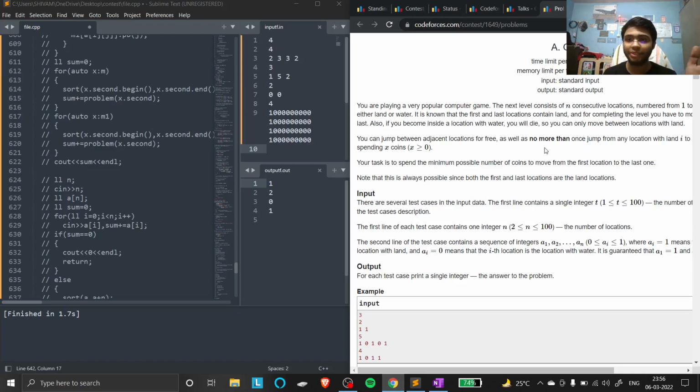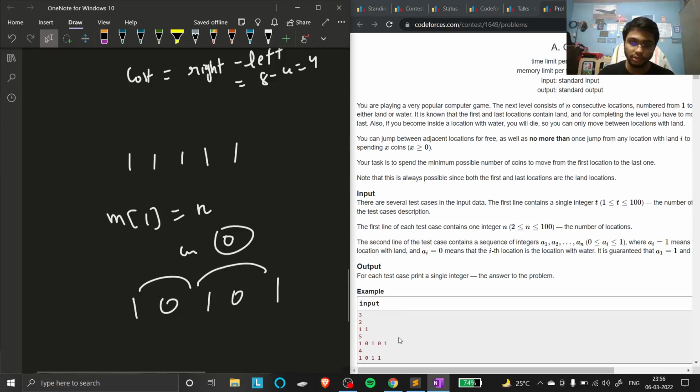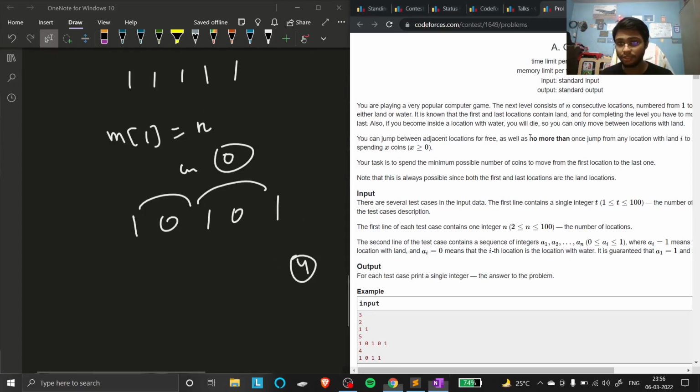What I assume in first case, what I assume that I did with a very simple approach, like 1 1 0 1 0 1. If this, so it jumped from 2 2. So that is why I assume that its answer is 4. That's the thing I did wrong, means I had taken this multiple times. Fine. This condition they had clearly mentioned no more than once.